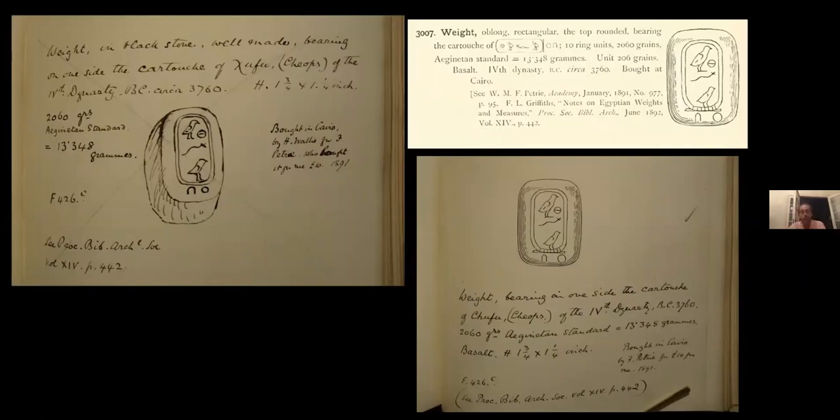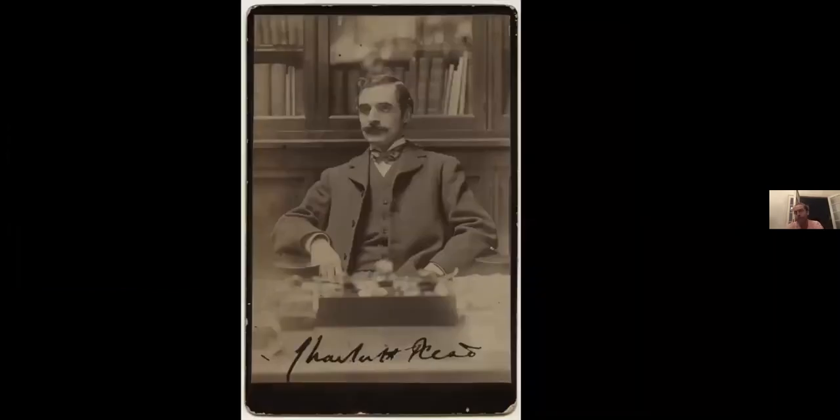And this now introduces another person into Hilton Price's network, the artist Henry Wallace, who is a tastemaker, fixer, collector, dealer. So he's now someone we can add into the mix. Hilton Price published 2 volumes of his collection, second in 1908, no preliminary notes like the manuscript for Catalogue Volume 1, for Volume 2. He dies in 1909, and his collection was put up for sale at auction for the benefit of his family by his colleague Charles Hercules Reed, keeper at the British Museum, and Hilton Price's colleague as